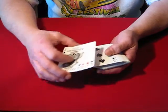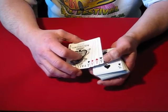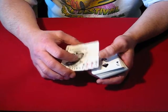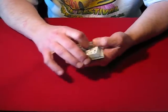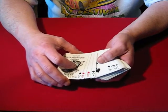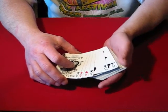Basically, you take the 4 aces at the bottom, and I always have them in this order: ace of clubs, ace of hearts, ace of diamonds, ace of spades. Just the 2 red aces in between the 2 black aces. And what you do is you spread these 4 aces out off the bottom of the deck as you're showing